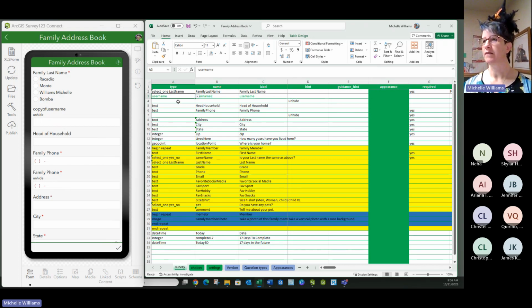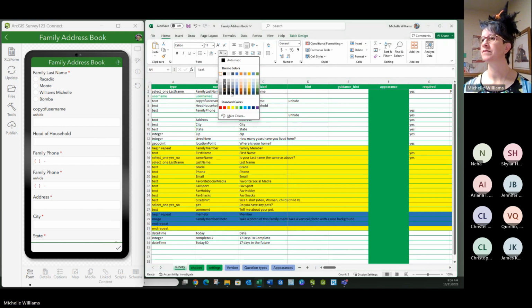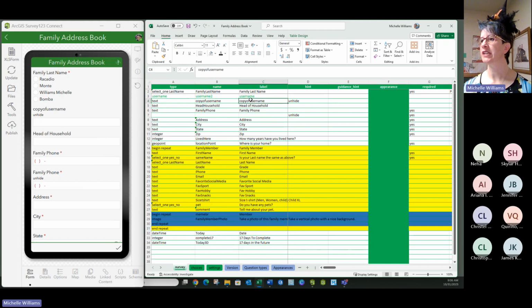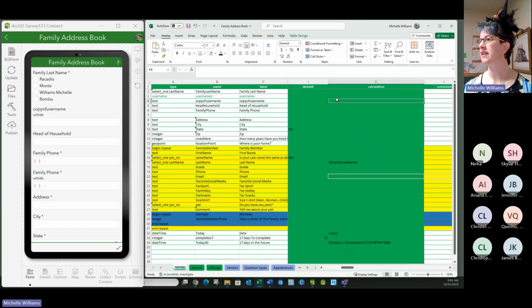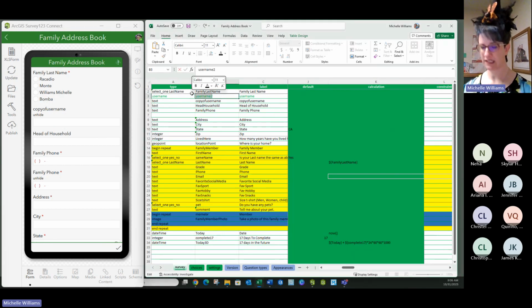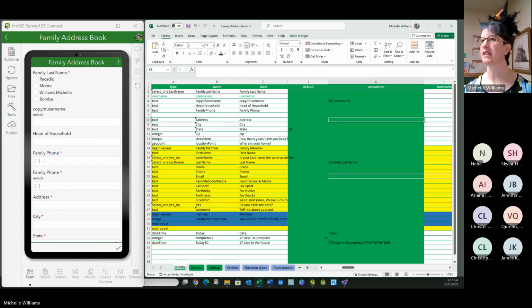But if you want to see it, you can copy it here. And on the default, I'm just going to cut and paste a few things so I don't have to type it in, and then I can tell you. Actually, I'm going to show you because then you'll get a better idea. We're going to copy this over. This is the computer's information that we're tying in. And anytime we want to do this in calculate, you're going to put a $, curly bracket, paste, which I use the Control V, and a curly bracket. Make sure there's no spaces before or after that name. And what happens is